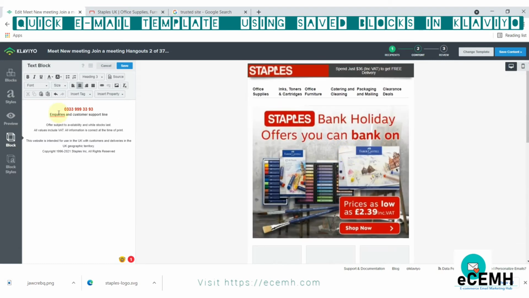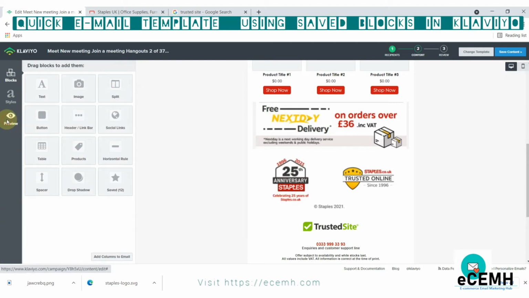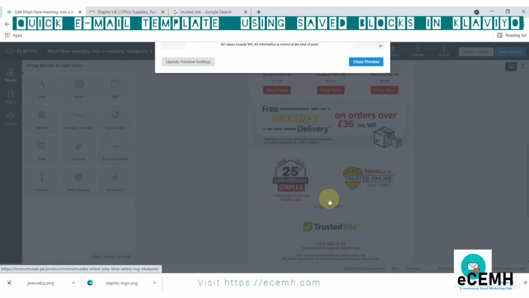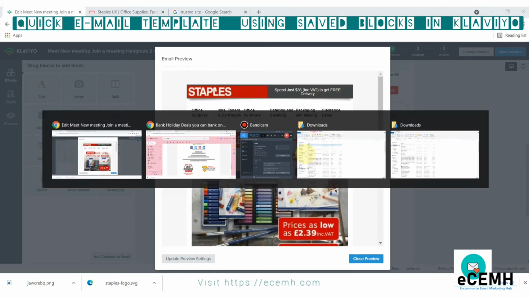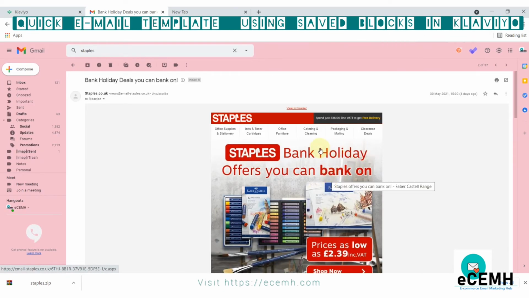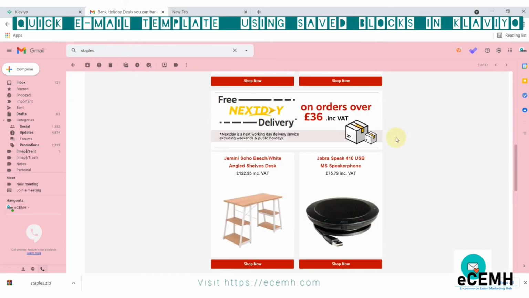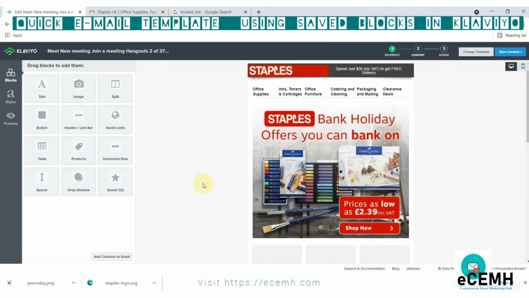Now if we go to have a look at its preview, just save it. Look, this is the preview that we created, and it is as similar as the actual email template of staple.co.uk. Look. So in this way, if there is a limited option in Klaviyo to add more and more fonts, you can create an image just like this, and either you can make it on Canva or any other image editing software or application.